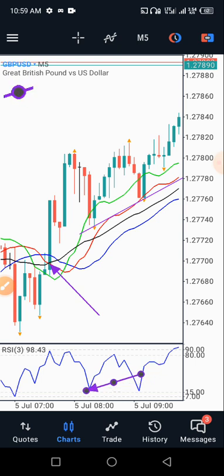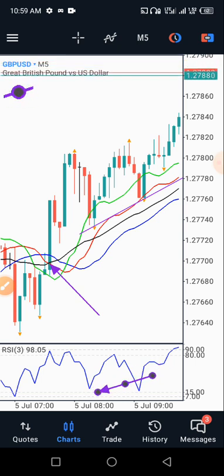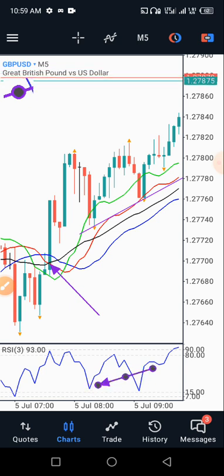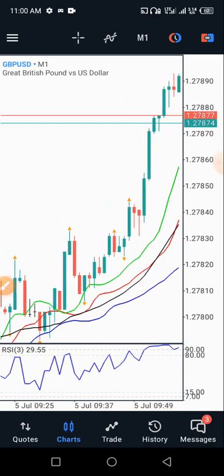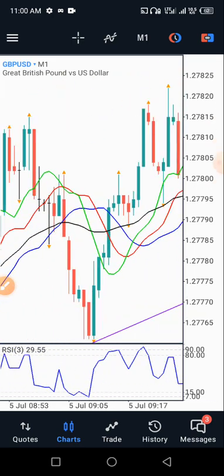Okay, price didn't actually tap into this level 15, but we notice that because this is a strong uptrend, it is very close to level 15. Okay, and then immediately that happens, what we want to see next is to wait and go to our 1 minute time frame. Okay, so on our 1 minute time frame, what we also want to see is for price